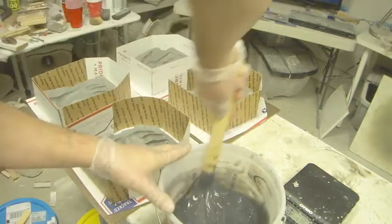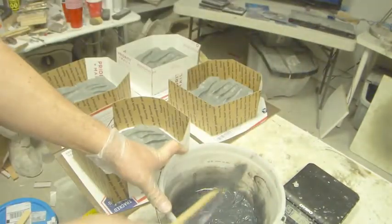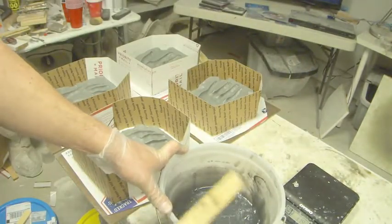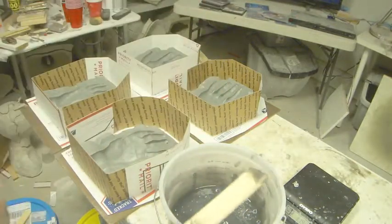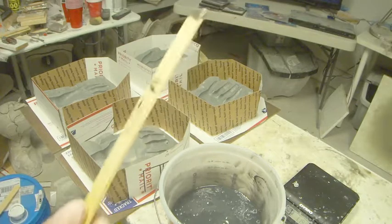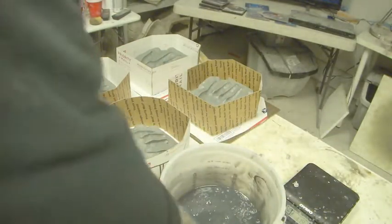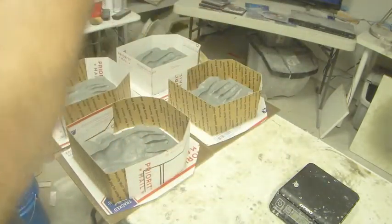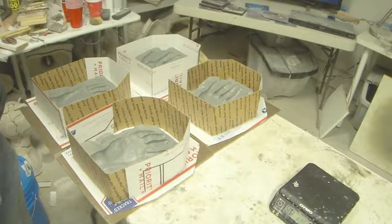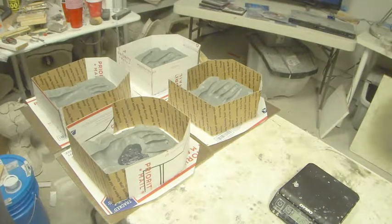So I'm going to do what's called a high pour. You can look in there and see that there's quite a lot of large bubbles. So I'm going to do a high pour, and what that does is you pour it out in a thin stream, and as it goes down, it actually gets rid of most of the bubbles. And I do this a lot for my molds, because I don't think it's necessary to degas all the time. So you hold this up quite high, and then it just comes down. You can see that that's in quite a thin stream,